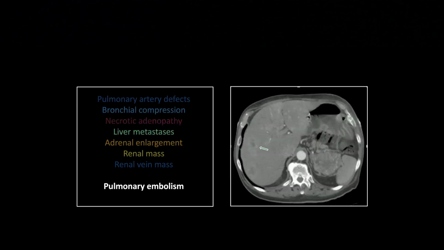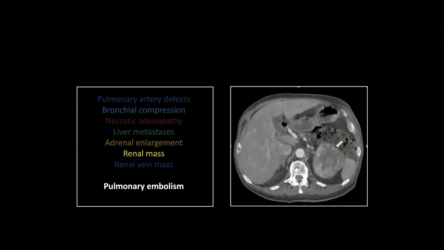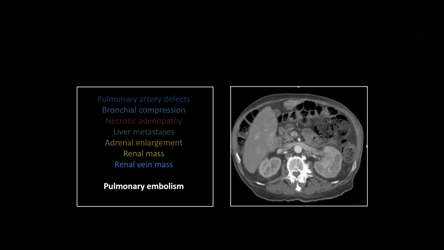In addition, we've got a bunch of hypodense liver lesions with vague peripheral contrast, pretty consistent with a met. And if that weren't enough, look at that thickened adrenal gland and adjacent large left renal mass. Right, so putting it all together, this is a renal cell carcinoma that is venous invasive, right? And remember your three abdominal tumors that do that: adrenocortical carcinoma, hepatocellular carcinoma, and renal cell carcinoma. These are the ones that just love to invade